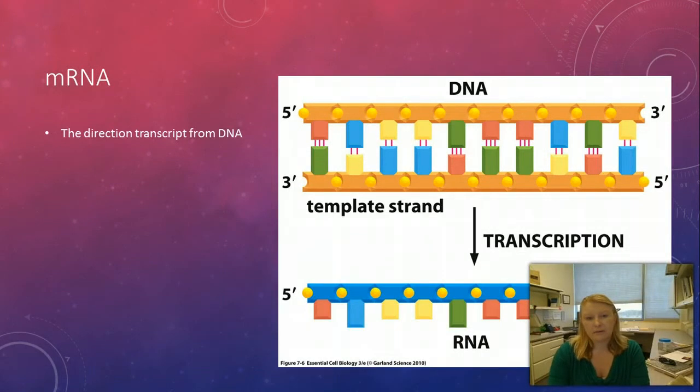So here's RNA, or mRNA rather. It's the direct transcript of DNA. This is the exact copy, except for a couple minor differences. Remember, it's single-stranded. It has uracil instead of thymine, and it has ribose instead of deoxyribose in that sugar phosphate backbone. And this is what's going to be exported from the nucleus and be read by the ribosome and the